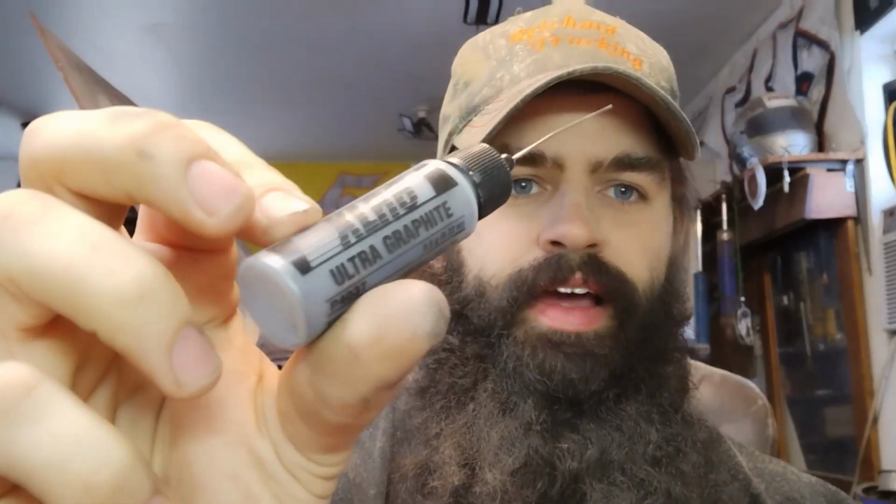So this is the graphite that I like to apply with. Like I said in the previous video, we're not allowed to use oils or anything like that. So graphite, it's just a really fine dusty powder. I like to get it up here on the outside hub and work it in there a little bit. You guys can see there, I got a little bit on the outside hub, and we're just kind of